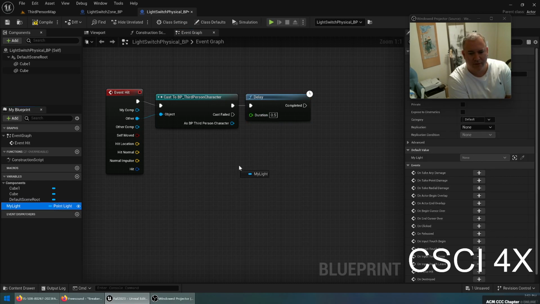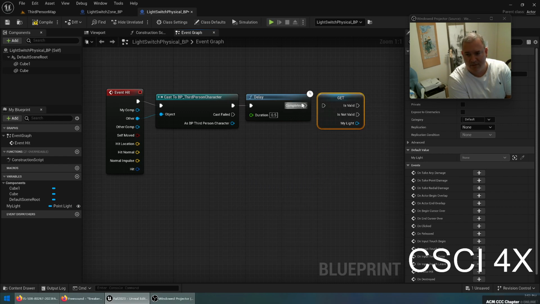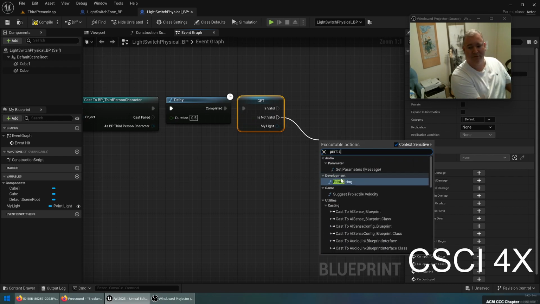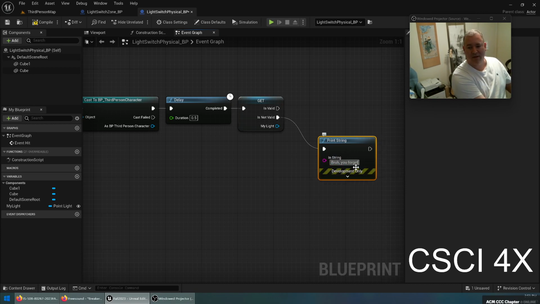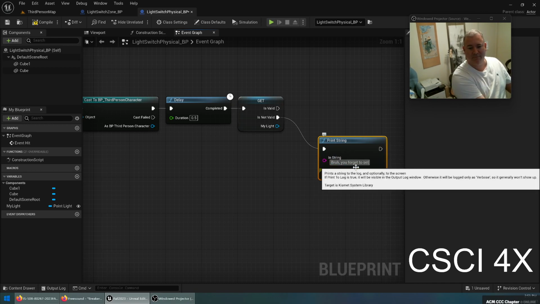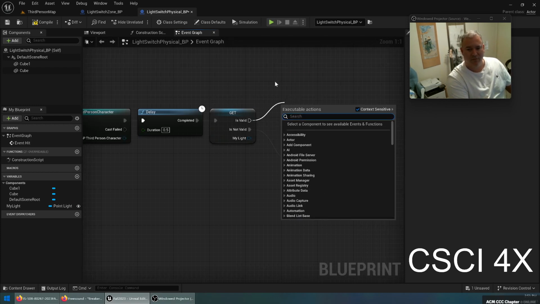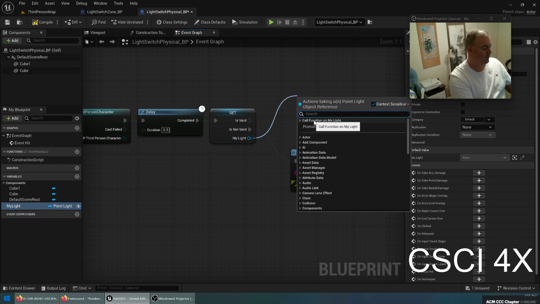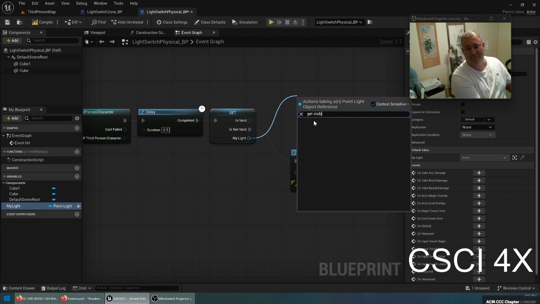And what we're going to do is grab out my light. We're going to get my light, and we're going to do a validated get again, because if we forgot to set it, then we need to set it. And if it's not valid, we'll do the print string and say, bruh, you forgot to set my light. Okay. If it is valid, then we have my light here, and we're going to get, is it,